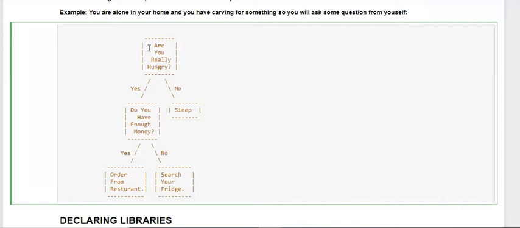So the next question you will ask, do you have enough money? Let's suppose you have 25 rupees with yourself, like you see your wallet and there are 25 rupees in your wallet, and the obvious answer is no, you don't have enough money. So you will search your fridge for something you can eat. Or it could be yes, like you open your wallet and there are around 500 to 600 rupees. So you will say to yourself that yes, I have enough money, I can order something from a restaurant